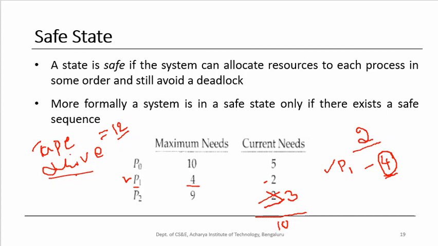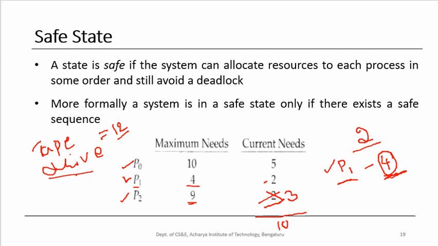Now only 4. Okay, now is this going to satisfy the requirement of any of the processes? You just check how many more P0 needs. 5 more, so it will not satisfy the requirement of P0. P2, how many more does it need? Currently it has 3, it needs 6 more. So that requirement is also not met. So the execution of processes halts here. They cannot proceed further. The system has gone into an unsafe state, and this could lead to a deadlock.